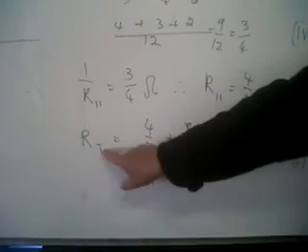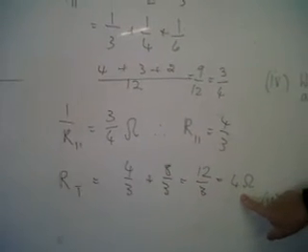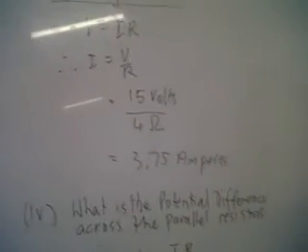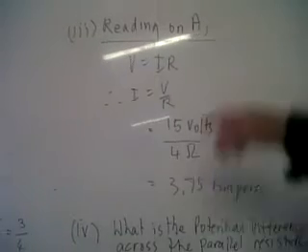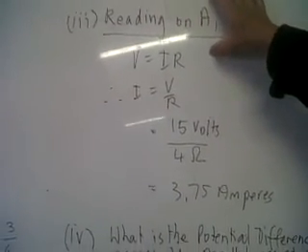So the total resistance here is then 4 over 3, which is the first one we did, plus 8 over 3, which is the resistance of the series one. It gives 12 over 3, which is 4 ohms. Okay? Now you know that means ohms. Now they ask you for the current of A1,